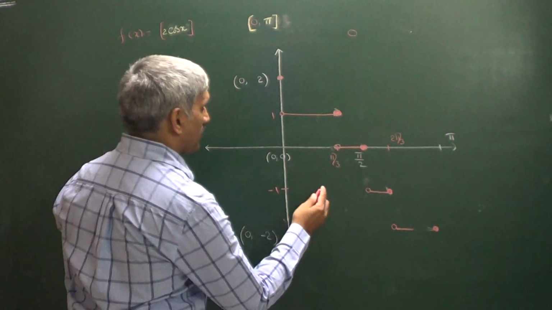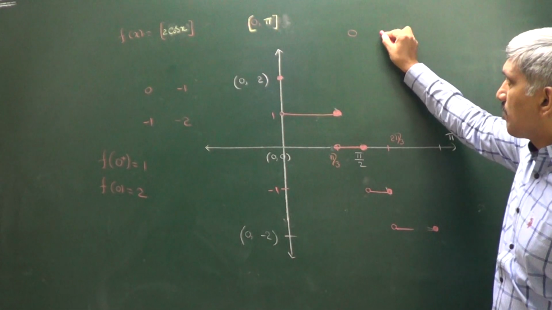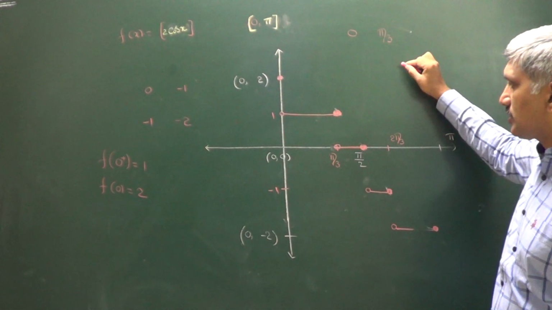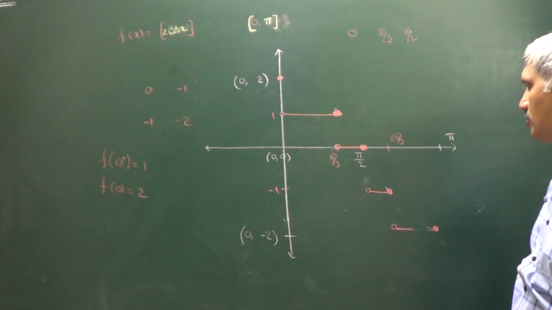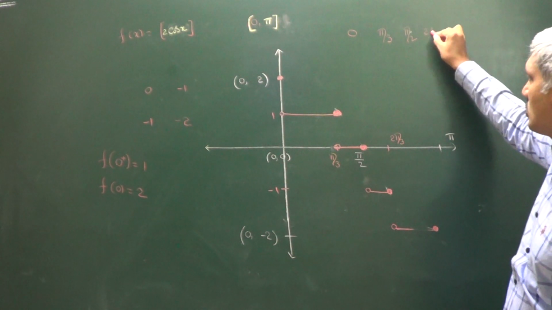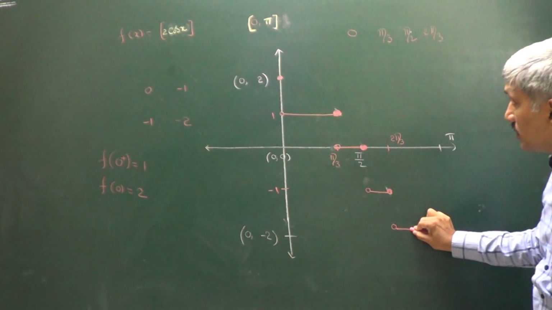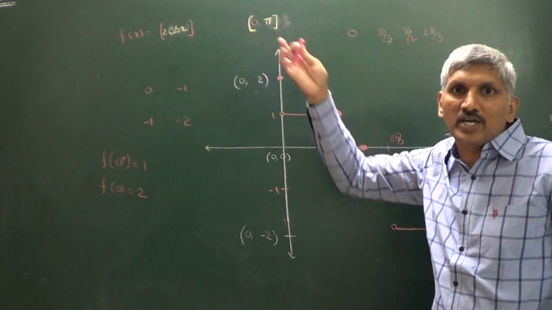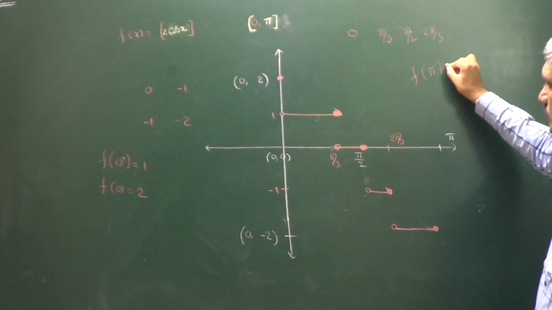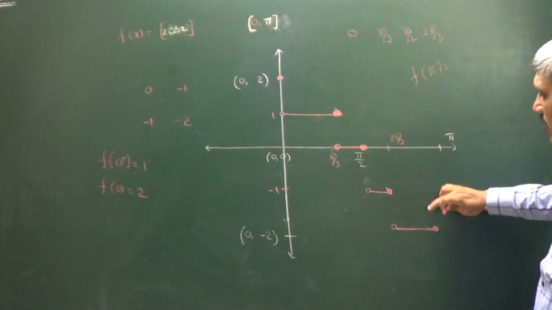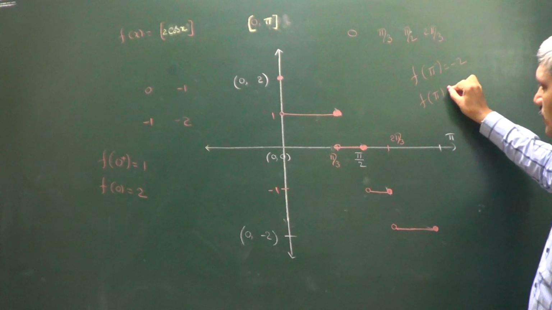Next again at pi by 3 the function is discontinuous. You can see the graph, at pi by 3 the function is discontinuous. Again at pi by 2 there is a jump. At pi by 2 the function is discontinuous. Again at 2 pi by 3 also the function is discontinuous. But what about pi minus? Is it left continuous at pi or not? Yes, you can check f of pi minus. Observe the graph, this is pi. At pi minus we are getting minus 2